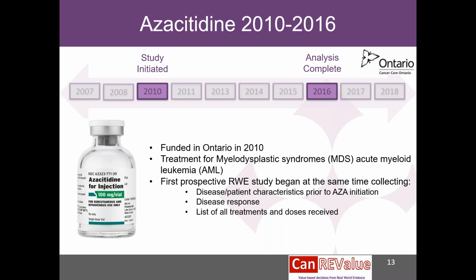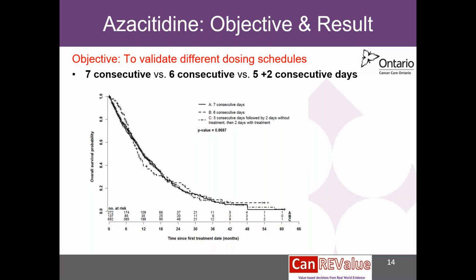So at the time, the idea was, in order to allow patients to have access, based on expert opinion, let's go for all 3 regimens being allowed and then collect data, including some of the important data that we usually don't have at baseline, such as specific patient characteristics about their genetic makeup with respect to MDS and AML, as well as other baseline characteristics. And let's collect those as well as how people do over time, how long people live, and then see what happens. And so this slide, it seems a bit busy.